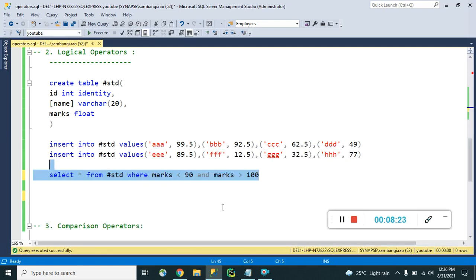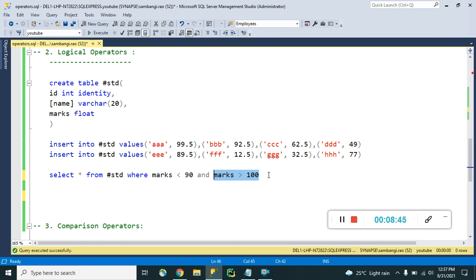So the right side condition of the AND operator and the left side condition of the AND operator must be true. Otherwise, we cannot get data.